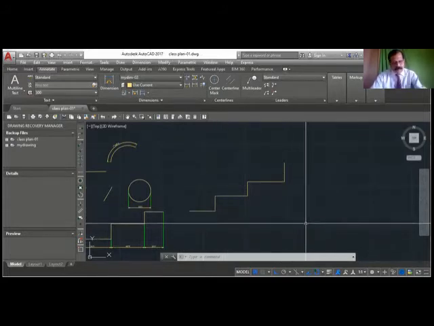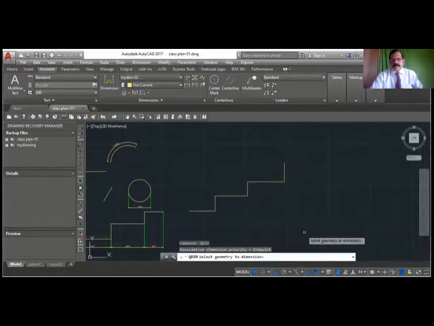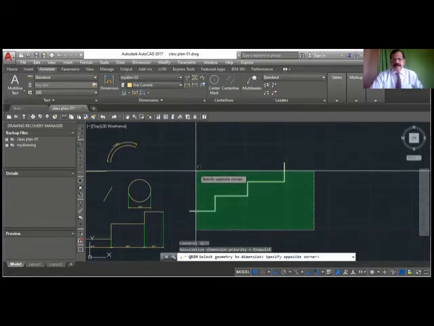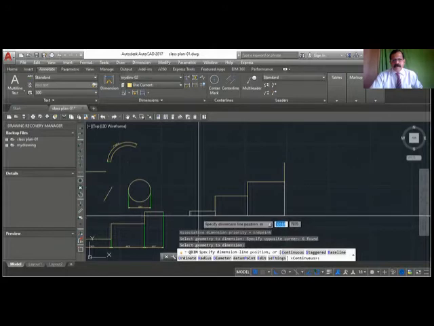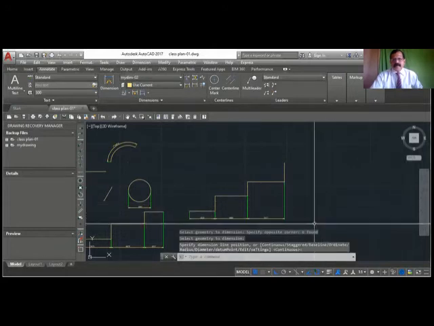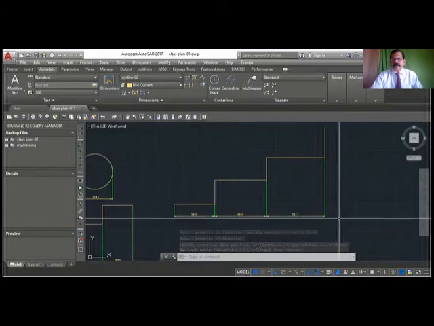I can use qdim, quick dimension. You type qdim, select the measurement whatever you want, cross window, enter, come down and show the location. You see, it automatically puts dim lin as well as dim continue.